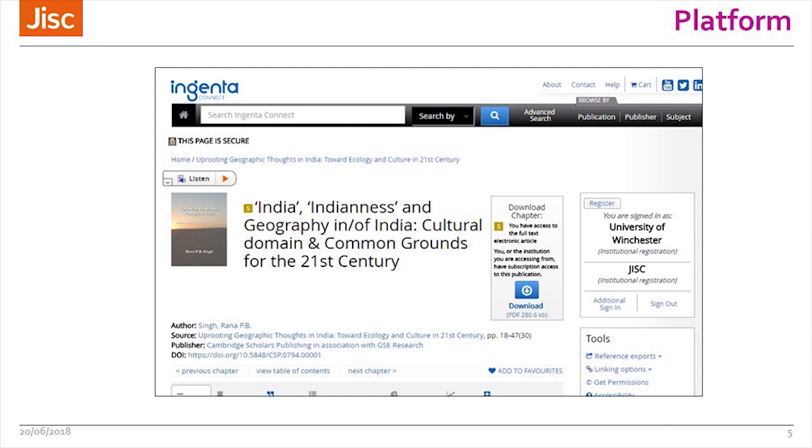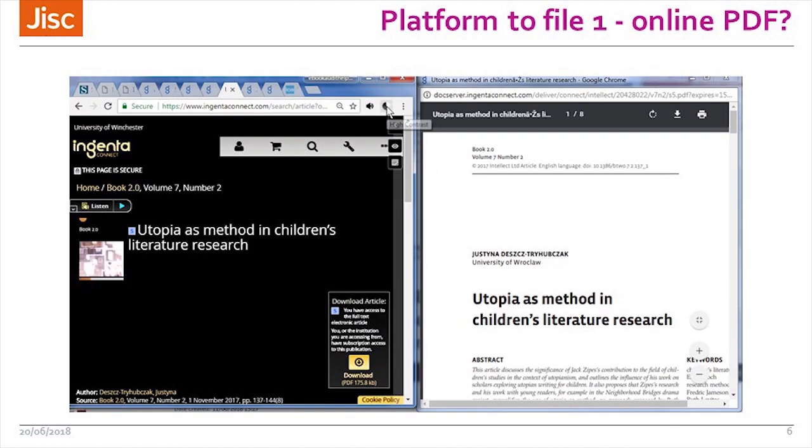Maybe because it's in a browser, you can use a browser plugin to change the contrast, or use a browser plugin to extract text and present it one word at a time, or loads of clever magical things that browser plugins can do. But it's not just about the platform, because the platform is only one of the ways in which you might be delivering. From the platform, there's the opportunity to then look at the file. That's where you use the platform, you search, and then what do I decide? I'm going to go for the PDF in this case.